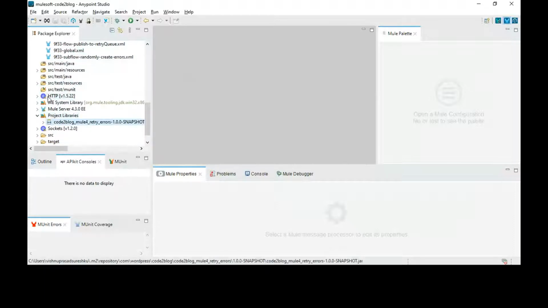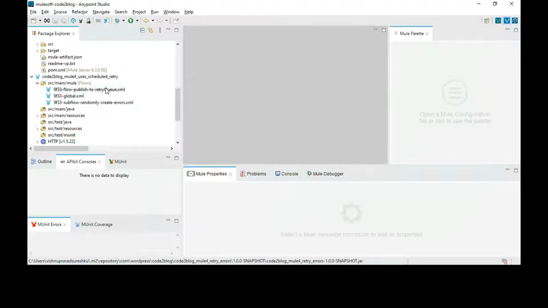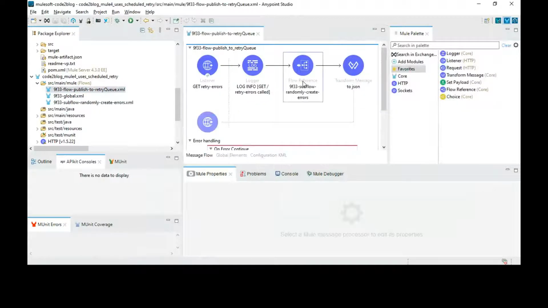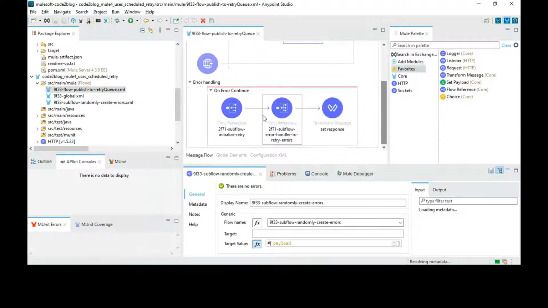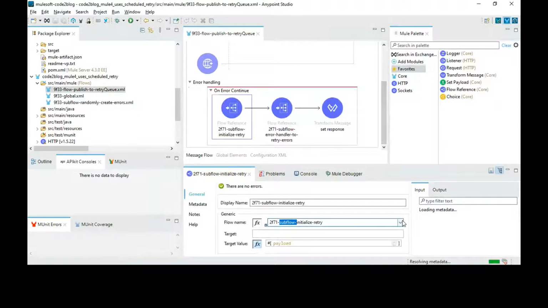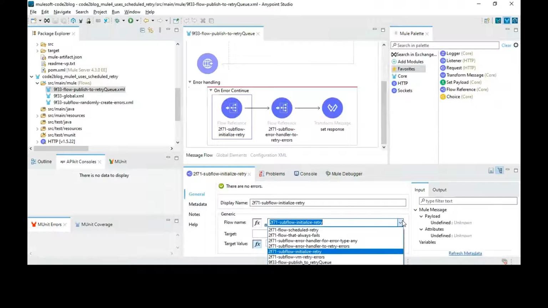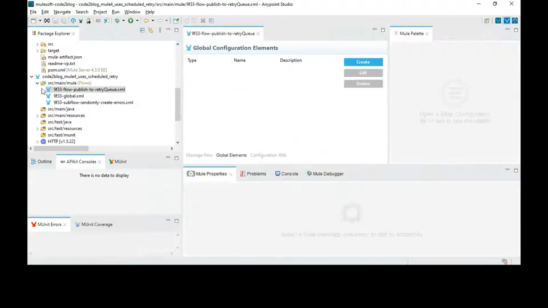So let me show you another project. Yeah. So here is the dependency of the library. This flow only has logic that invokes the subflow in the dependent library. I'll show that to you. So see the difference in the CRC16 code, which makes it clear which flows belong to which application.